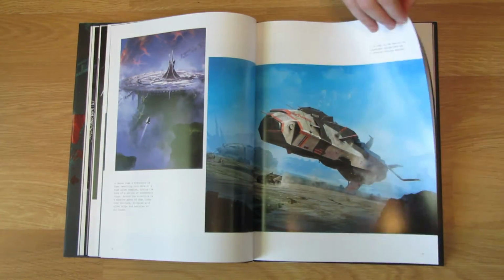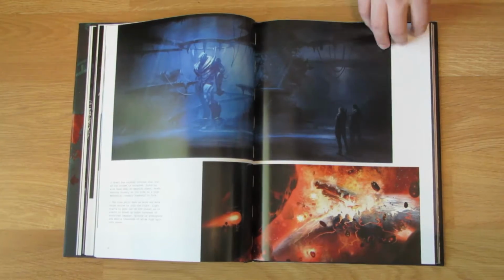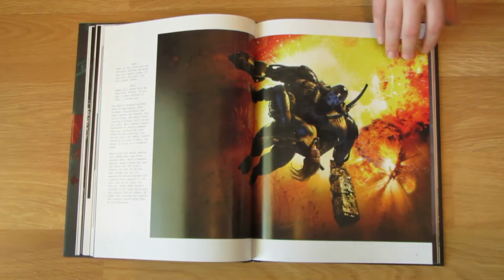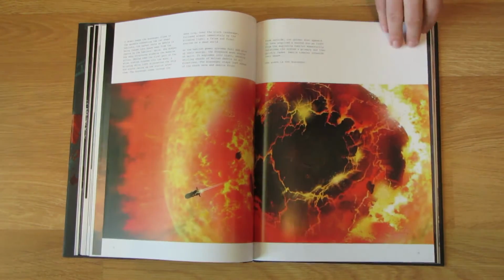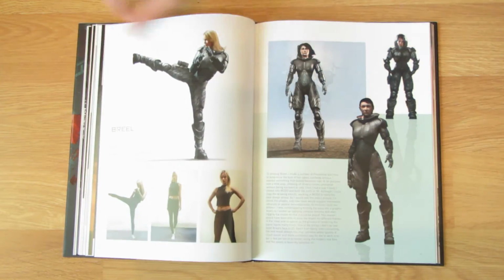Virtually the first half of the book is a screenplay project called Dark Shepherd, hence the title. So Gambino wrote this screenplay. It's kind of a science fiction thriller, and he supplied his own concept art for what he envisioned in the script. So that was pretty cool. And it is an interesting read, but more importantly to me, it demonstrates the potential for artists to branch out